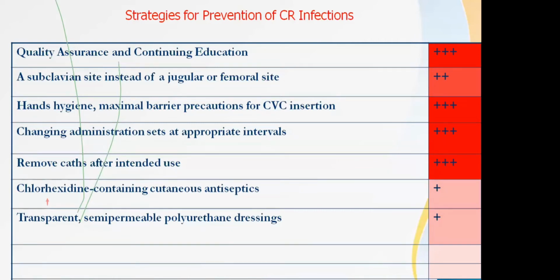Then hand hygiene, if you educate continuously, you will be able to emphasize hand hygiene regularly. Barrier precautions: whether you have used the gloves, whether proper antiseptic procedural things happened or not, whether sponges were available for CVC insertion. Then changing administration sets at appropriate intervals. Whenever you are bandaging, whenever you are putting up the dressing, check whether the dressing is clean. It should not be that you put in a centerline once and just leave it for 2 days or more than 24 hours, and nobody has checked for it.